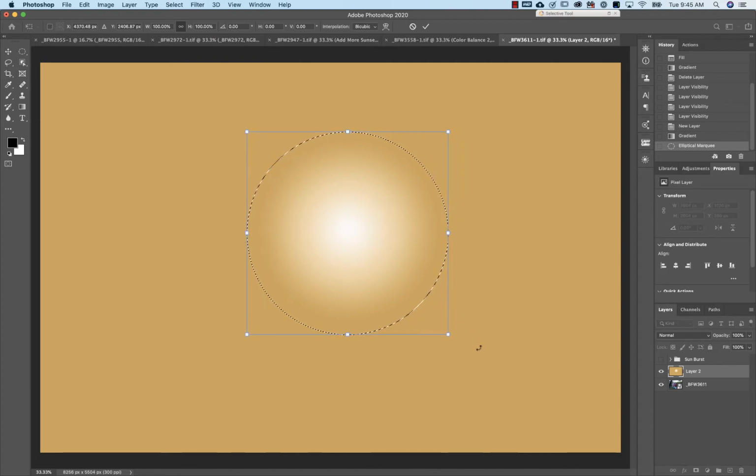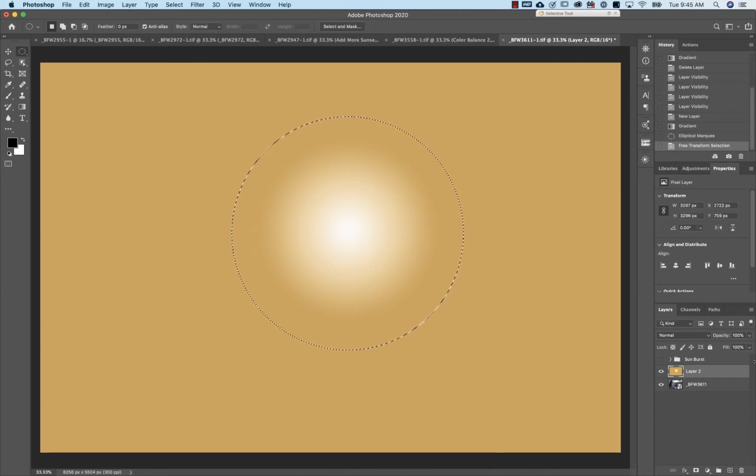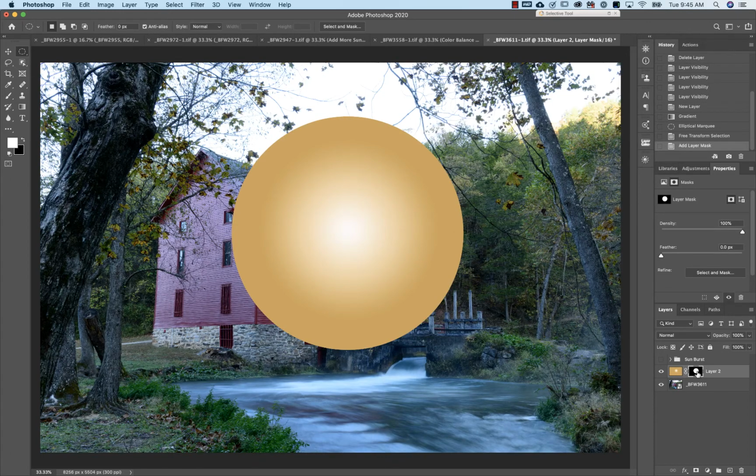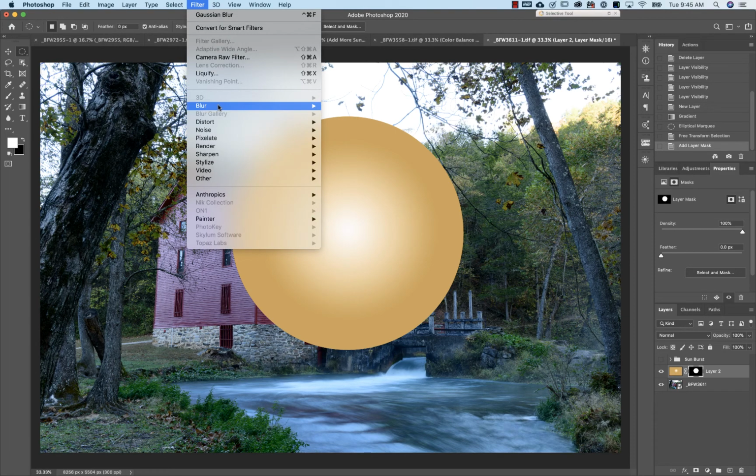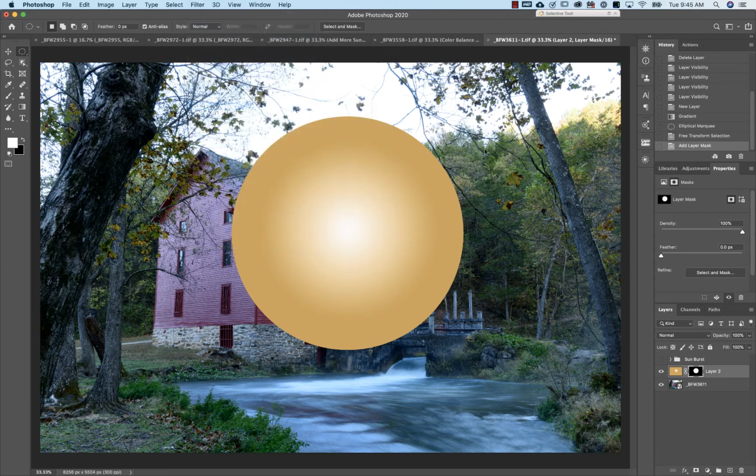Maybe even make it a little bit bigger, pressing the option key and pulling this down to make it uniform. Okay, like that. Hit OK. And then I'm going to come down here and click on my mask tool, and that creates a mask around it. Then with my mask selected, make sure your mask is selected, go to Filter, Blur, Gaussian Blur, and then